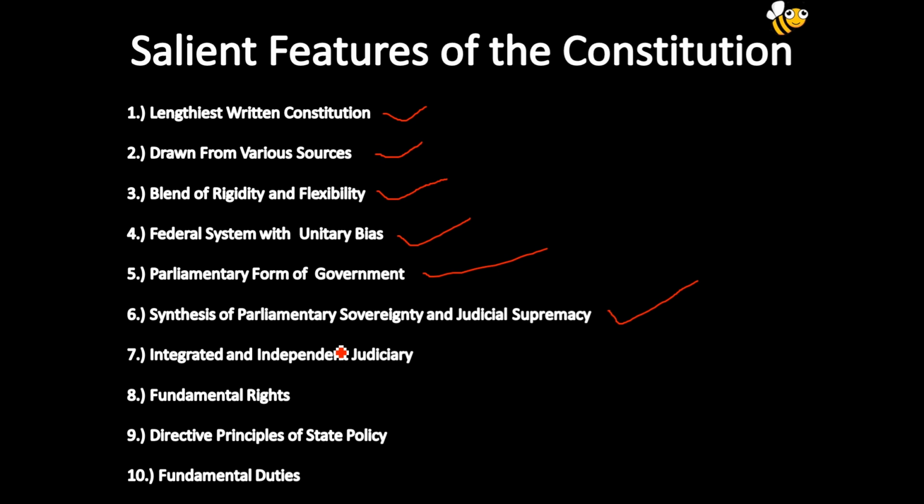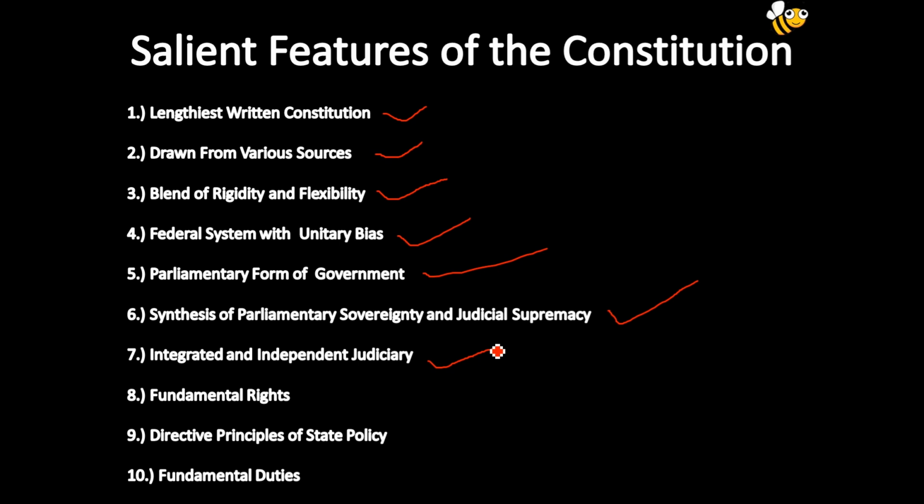The next point is the integrated and independent judiciary. Integrated means which can't be separated, and independent means which is not dependent on any other organ of the government. So our judicial system is such that at the topmost we have the Supreme Court, which is the federal court and the highest court of appeal, the guarantor of the constitution and the rights of the citizens, and